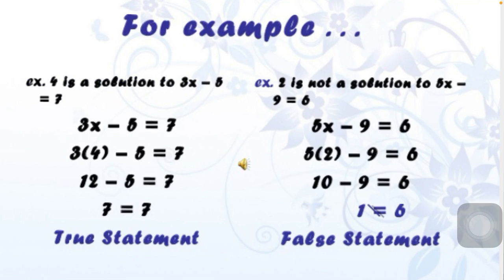So now a few more examples. Here you can see variables as well. Let's take the first example. Here 4 is a solution. On the left side it is written that 4 is a solution to 3x minus 5 equals 7. So what does solution mean here? Solution means the value of the variable. They are saying that 4 is a solution of 3x minus 5 equals 7, which means x has the value 4, which is unknown to us, but they are saying that it's a solution.